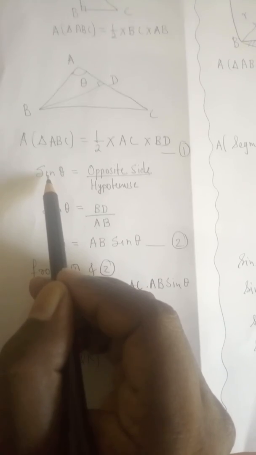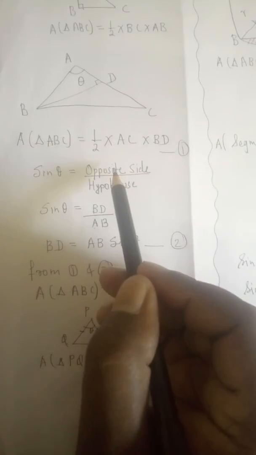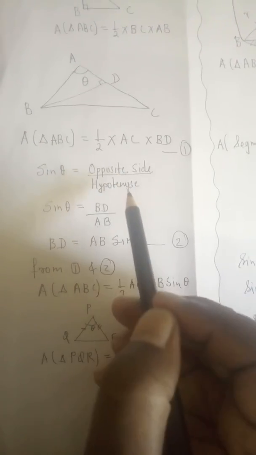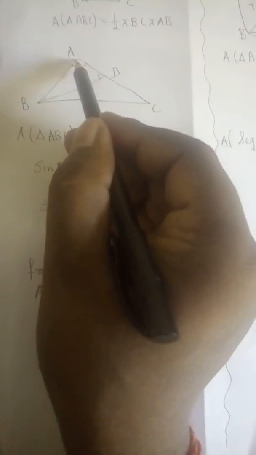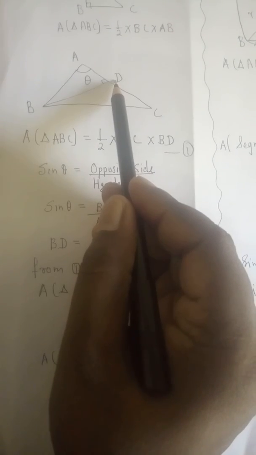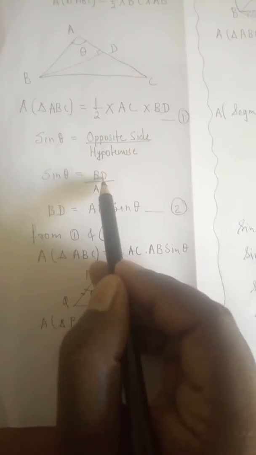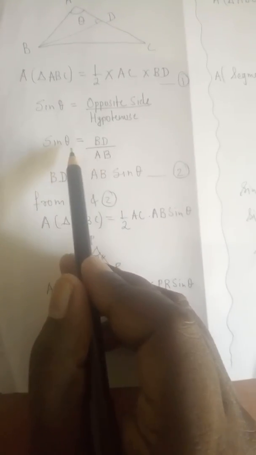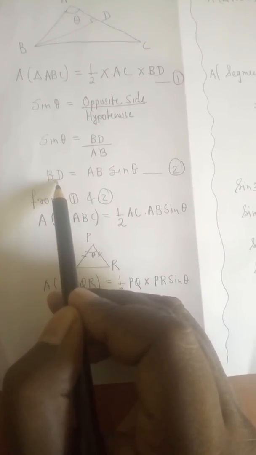altitude. So from trigonometry what we know, right, sine theta is the side opposite to the given angle upon the hypotenuse. So when we see this triangle ABD, which side is opposite to the given angle theta? That is BD. And which side is the hypotenuse? Exactly, the side opposite to the 90 degree, that is AB. So therefore sine theta is what, friends? BD upon AB. Therefore from here, if we cross multiply AB with sine theta, we get BD equals AB